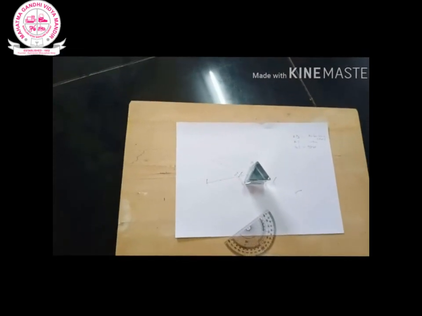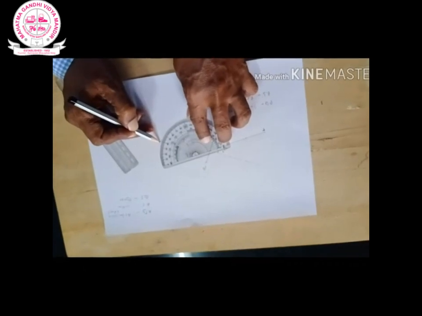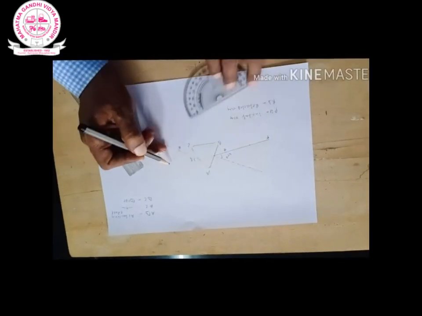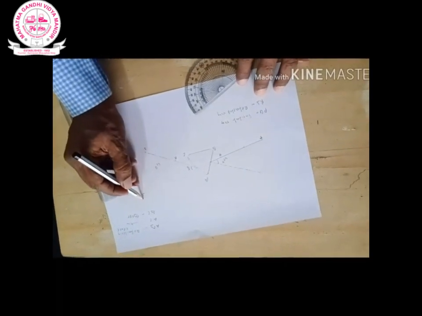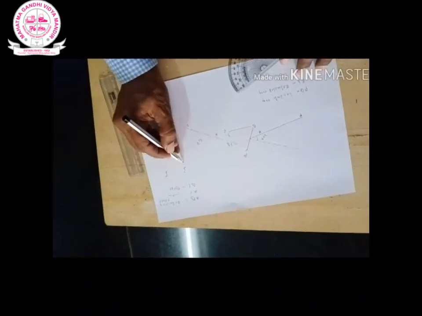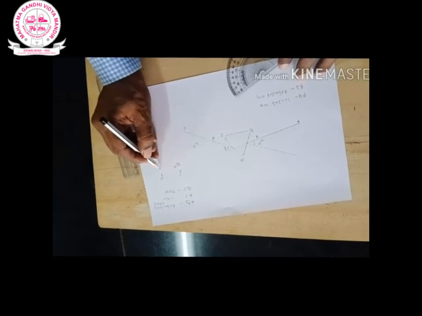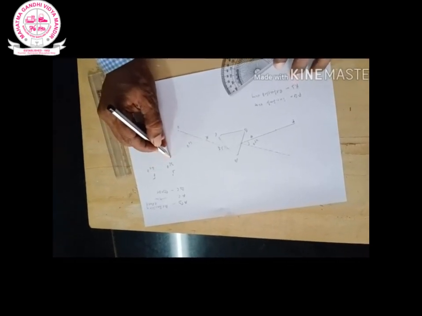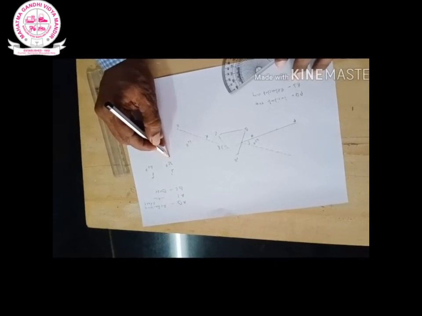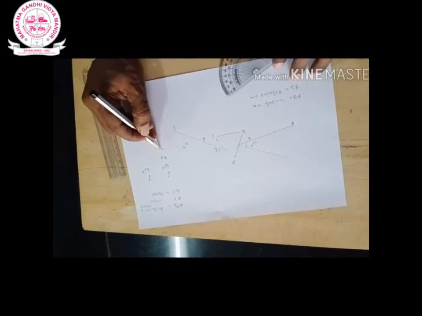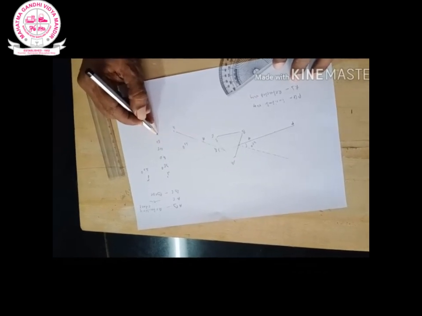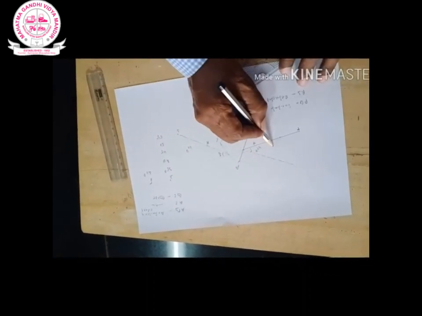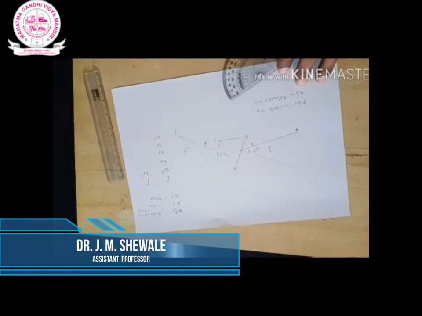From this figure, this is the angle of deviation, that 40 degree. Therefore, angle of incidence I and angle of deviation delta. For the 35 angle of incidence, we get the angle of deviation as a 40 degree. Therefore, we can take the different angles, the 35, 40, 45, 50, 55 are the different angles of incidence. This is called I and this is called delta.